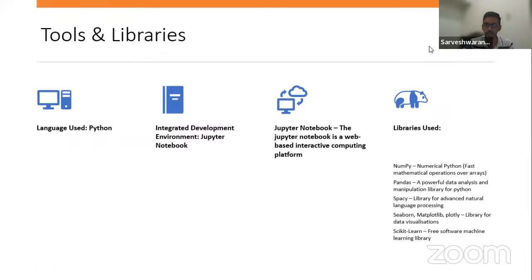The tool we are going to use is Python. I have a working notebook, and we can understand what part of speech is and what information extraction is using spaCy. I'm using a Jupyter notebook for today's session. I've also taken a real-time example, resume shortlisting using NLP, and showcased how a resume can be shortlisted using NER techniques. Here I'm going to use NumPy, Pandas, spaCy, and for plotting Seaborn, Matplotlib, and Scikit-learn.